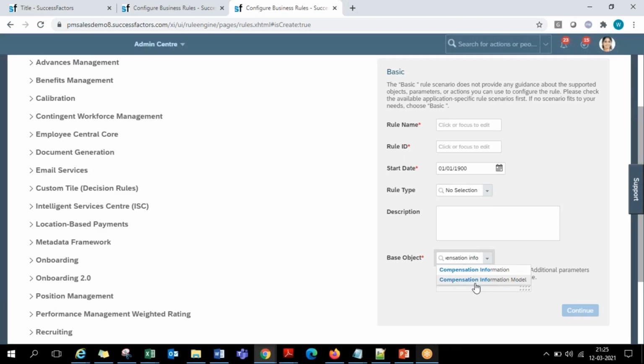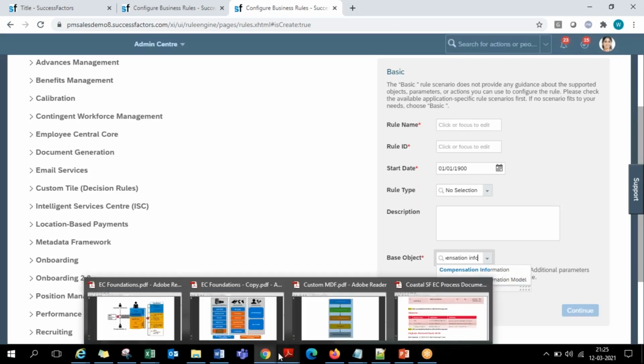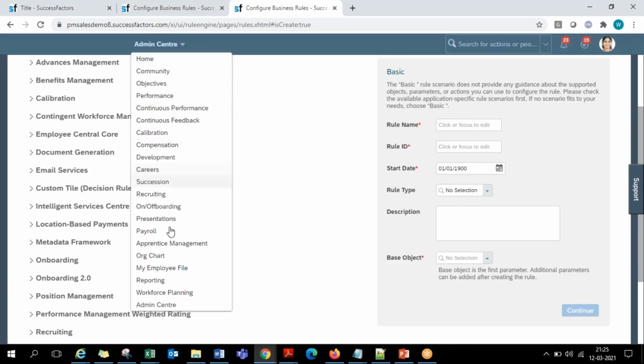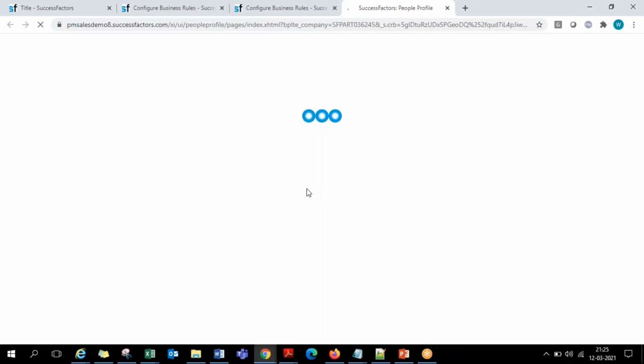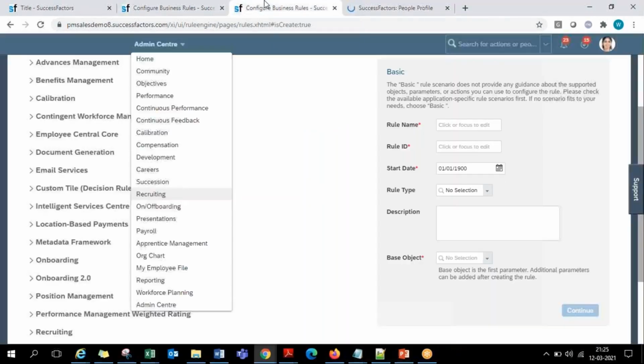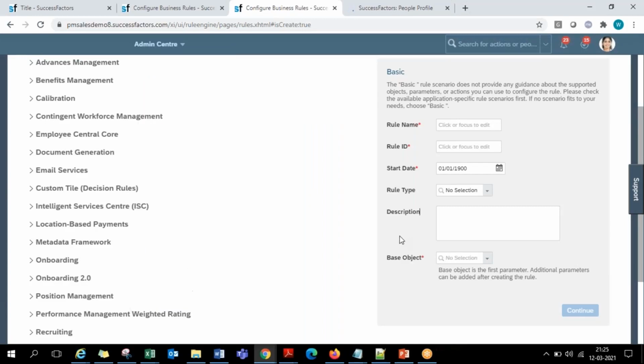This is a very important certification question: the difference between the normal one and the modal one. Why should we have both when we are writing business rules? As a base object, whenever you are trying to write some conditions on the current data on the screen, say for example, I go to any employee profile and I am trying to edit some data on the screen, whatever is the current data there, if I'm going to write conditions on that current data on the screen, then we will give this normal version of a base object.